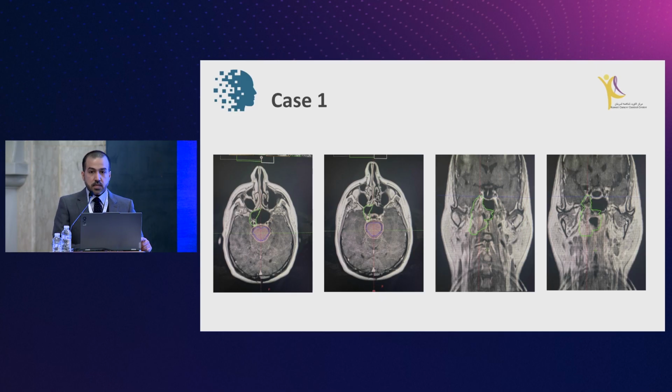Contouring this case, I'll say from the beginning, is challenging, and imagine how challenging it is after induction chemotherapy. We were in close contact with our radiology, so we were able to identify the response after induction chemotherapy. We were able to put our post-chemo GTV, and we take into account the pre-chemo GTV in our volume. In these critical cases, your target is in very close proximity to the organs at risk, especially the brainstem here.